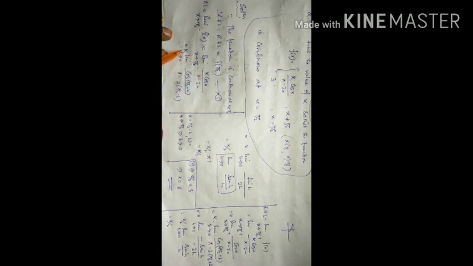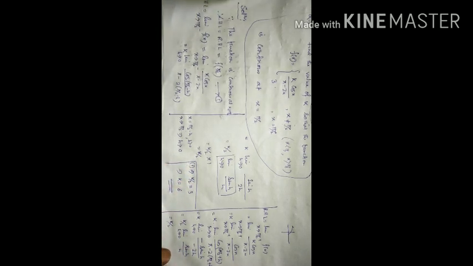Now k is a constant which will come out from the limit, and here I am writing x = pi by 2 minus h, because x is less than pi by 2, so a positive number h is subtracted from pi by 2. Then x tends to pi by 2 means h tends to 0. So the limit is k times limit h tends to 0 of cos(pi by 2 minus h) over 2h. Cos(pi by 2 minus h) is equal to sin h, so we get sin h over 2h. The factor 1/2 comes out of the limit, so it will be k by 2 times limit h tends to 0 of sin h by h, which is 1, hence k by 2. So this is the left hand limit.